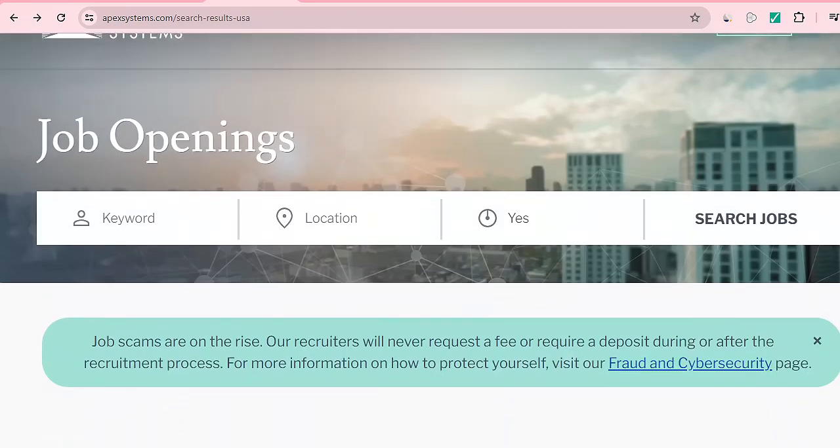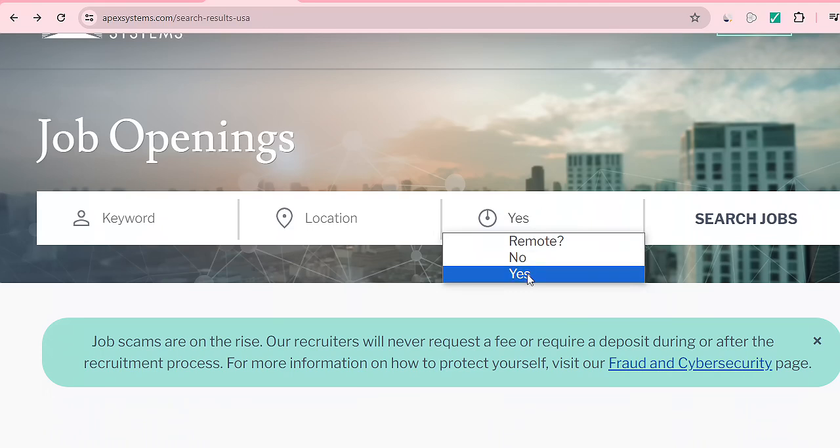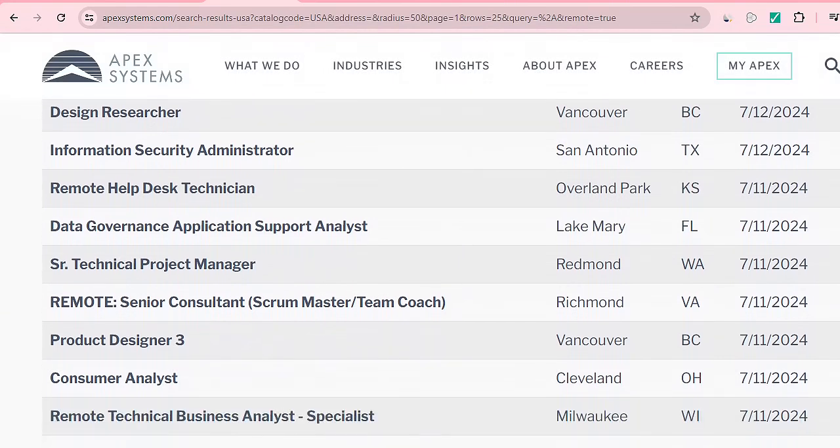First of all, what you need to do is to come here. You can see, then you click on this particular tab. So is it remote? Then you have to select yes, right, and then you click on search jobs, right, and then it's going to give you those particular jobs that are available,